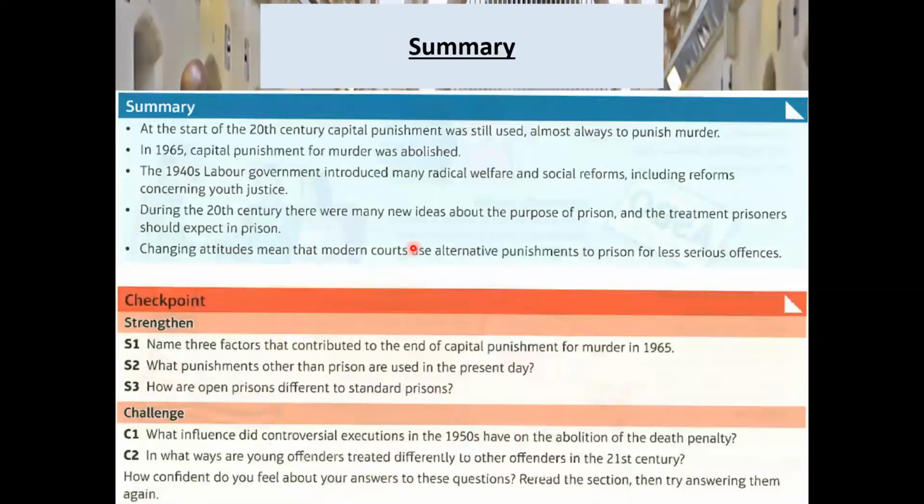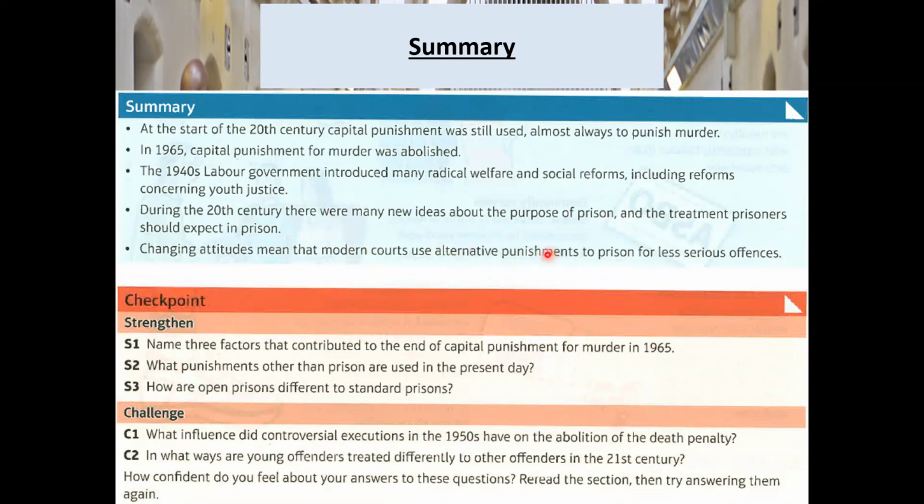So in summary then, okay, at the very start of the 20th century, capital punishment was still being used, but usually as a punishment for murder. In 1965, capital punishment for murder was abolished. So we see in the 1940s, the Labour government at the time, including many radical welfare social reforms, including youth justice. In the 20th century, there were new ideas about the purpose of prison and changing attitudes meant modern courts